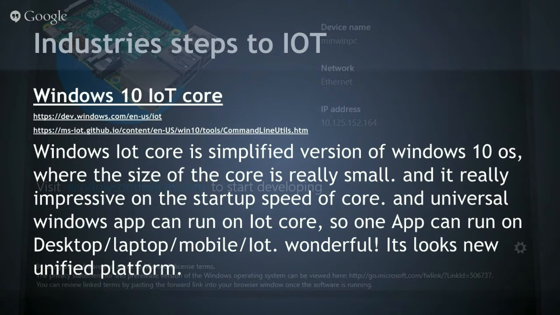It is still in preview stage, so it might not be so interesting for us now. I've already said that one app can run on desktop, laptop, mobile, IoT. So it will be wonderful. From the Microsoft point of view, if you are developing with Microsoft, we'll get new challenges and new features in the future.